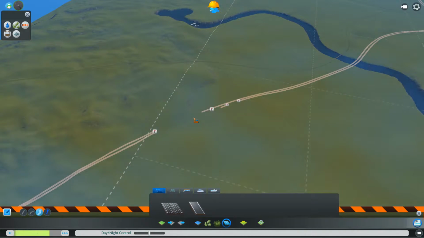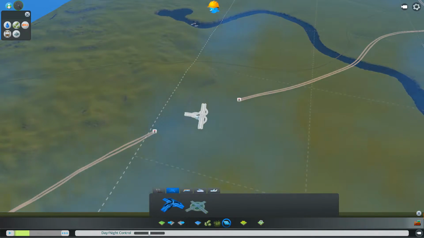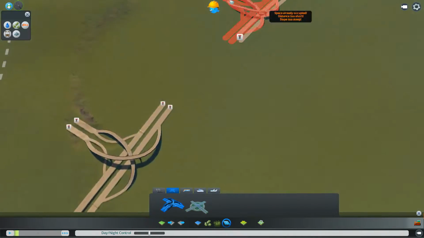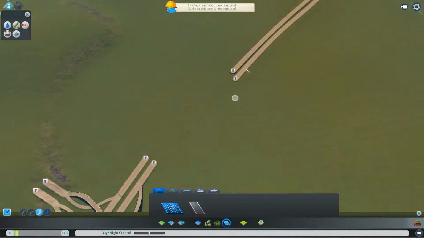Yeah, well, this is what's putting roads out. Follow your instinct, so maybe we'll just drop a road in about there. Just then we can